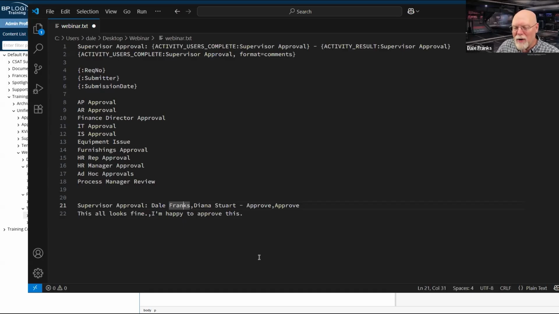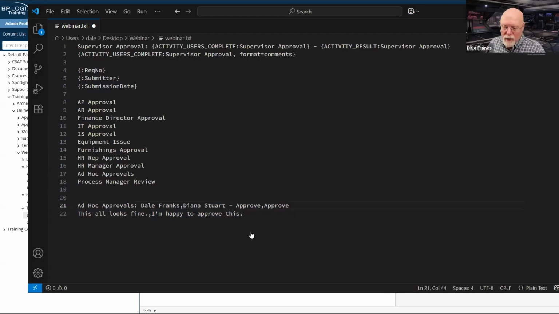Oh, and this should say ad hoc approvals instead of supervisor approval. So this is going to get really hard for your user to use if I've got like 5 different approvers, 10 different approvers, all of which have been added as ad hoc approvers, because everything that gets returned by this system variable is going to get returned in an array, in a comma separated list. And all of this stuff is going to run together really quickly.